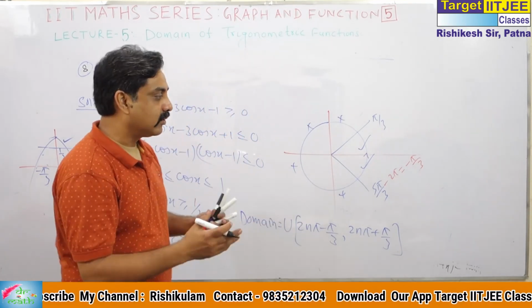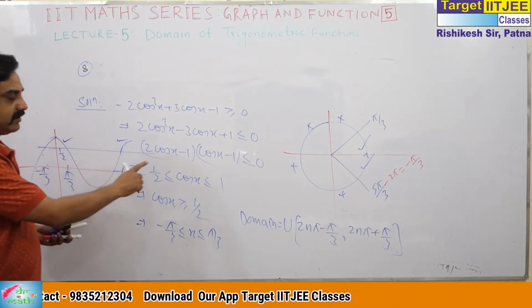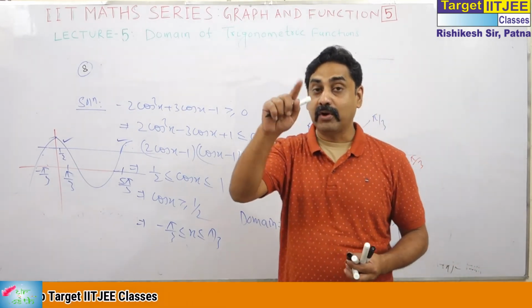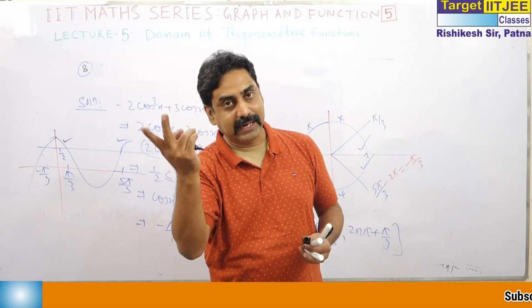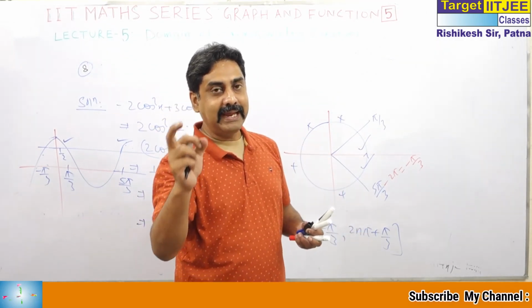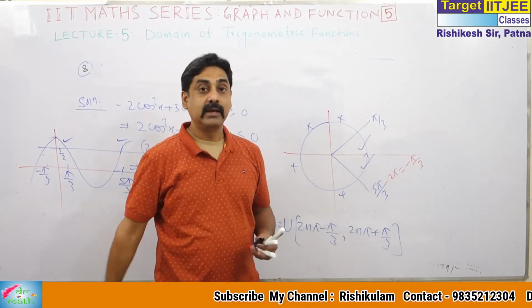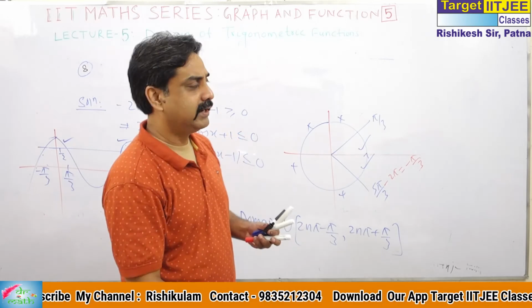There are many rules you can apply anywhere. Either take help of the graph or take help of this for sine and cosine. For tan, you have to draw the graph in minus pi by 2 to pi by 2. For cot, you have to draw the graph in 0 to pi. For sin x, cos x, secant and cosec x, we will add 2n pi in general solution. For tan x and cot x, we will add what? N pi, because the period is pi.